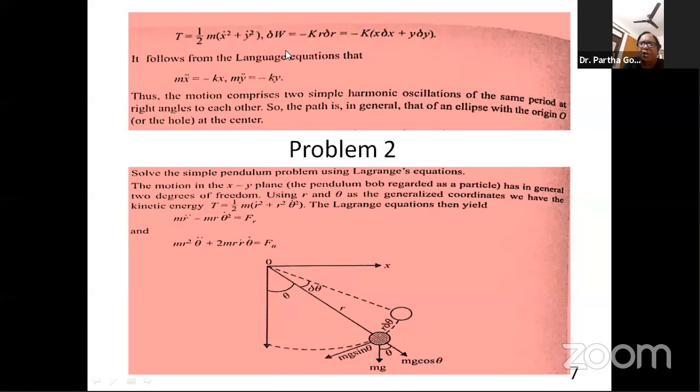I think I don't need to explain that to anybody. Everyone understands why it should be that, because gravitational potential energy is mgh. So mg you write, and for h you write r multiplied by (1 minus cos theta). That is the height it has gone up to in the present displaced position. So kinetic energy and potential energy can always be written down easily, and then the Lagrangian equation yields me